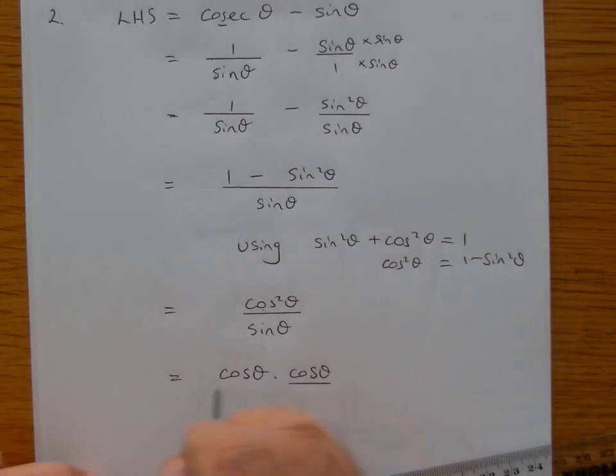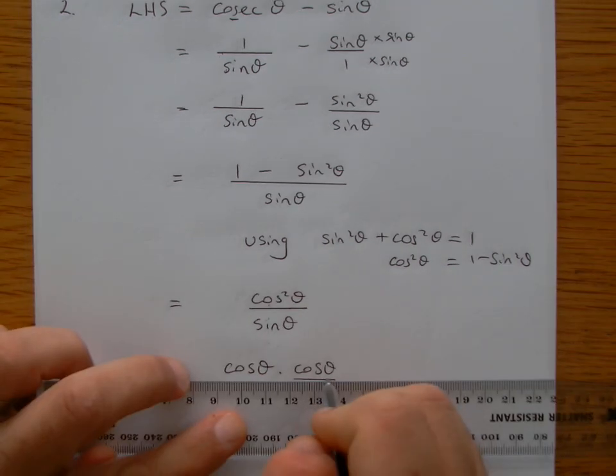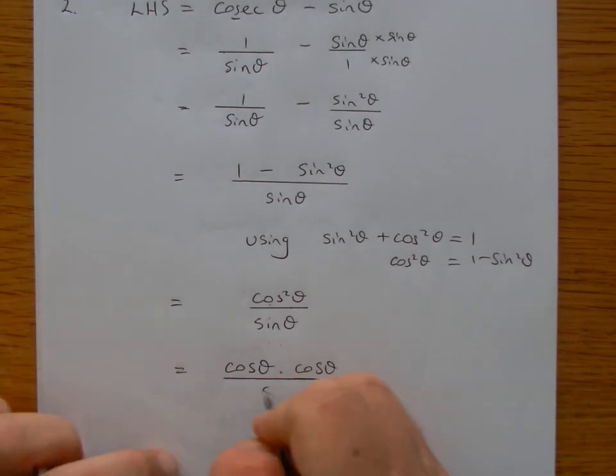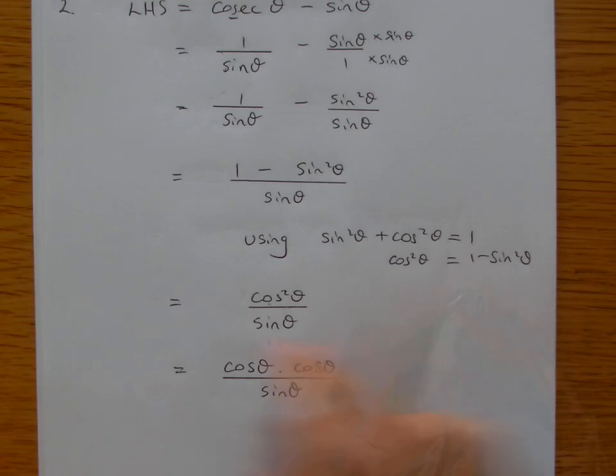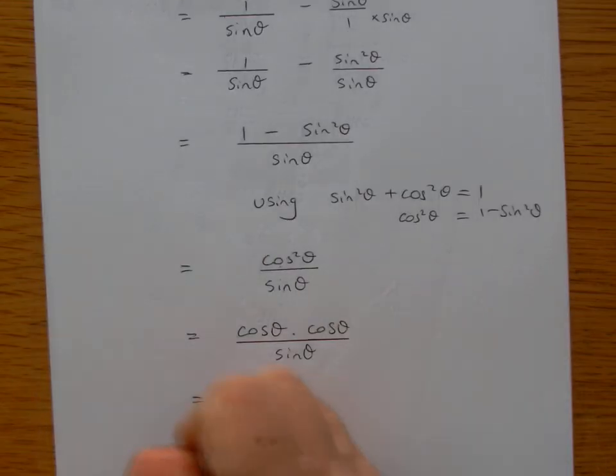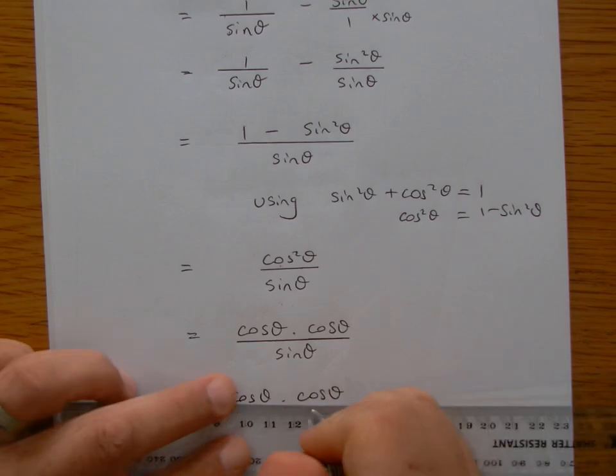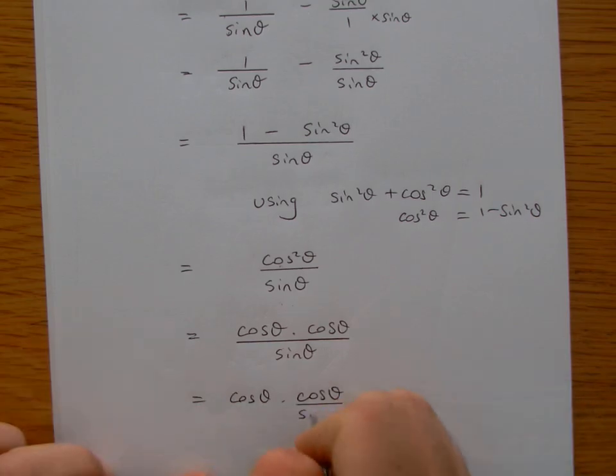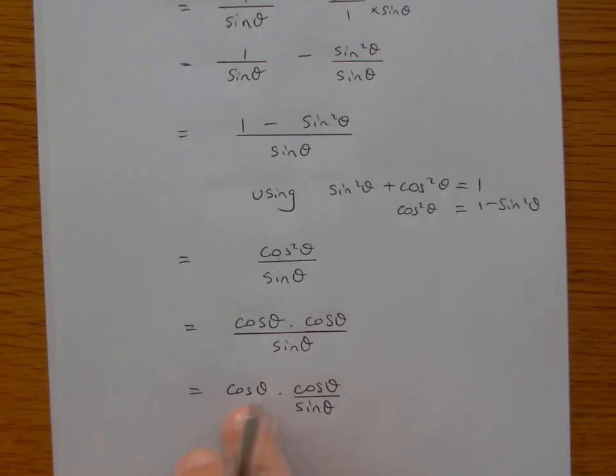Ultimately the whole thing is divided by it, yeah? I could write it like that, because that's what cos squared theta is. But if I actually just divide the second cos theta by it, because that's perfectly fine to do, then of course we've got cos theta,